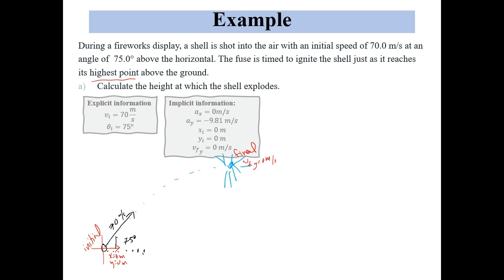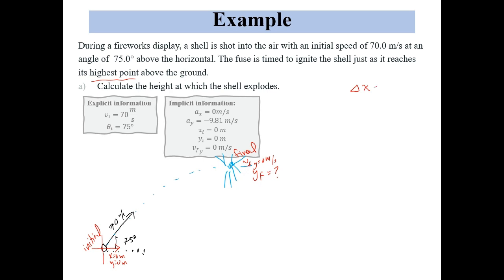The question is asking us to calculate the height at which it explodes. So it is asking us what is the final vertical position, y final. That is what we're trying to solve for. Remember, in the x direction we only have one equation,